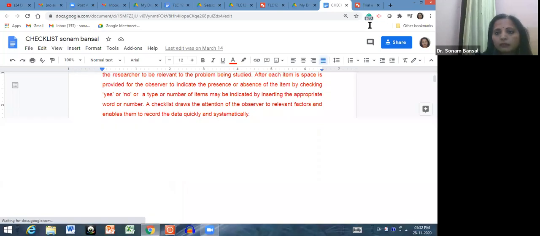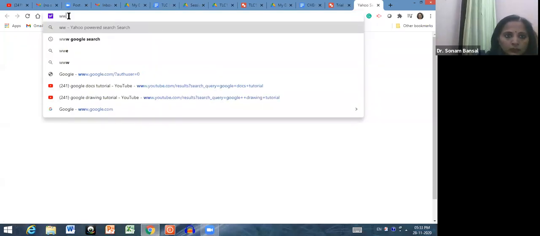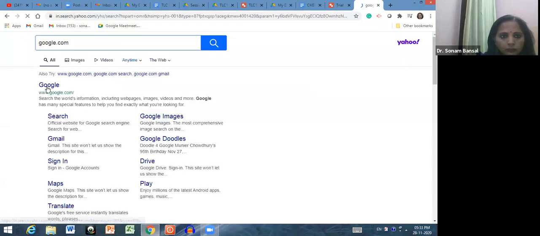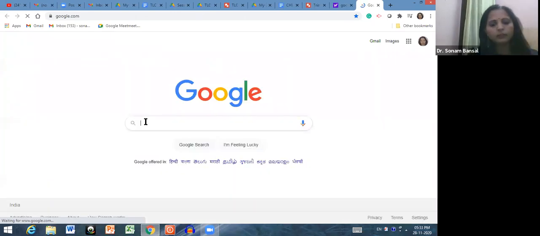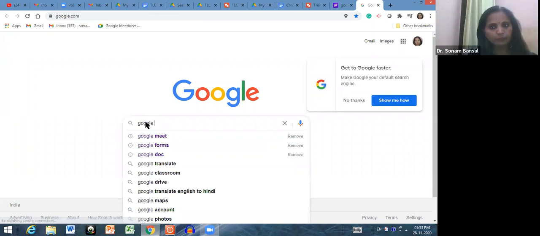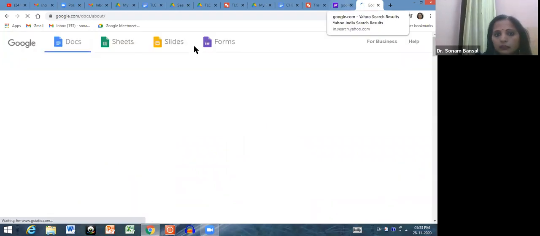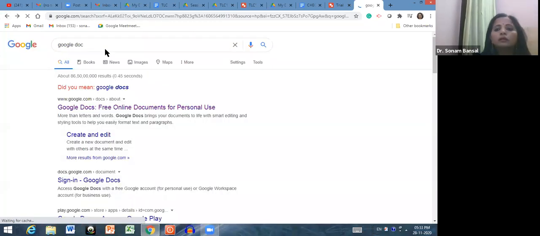For that, first of all, there are many ways to open Google Doc. You have to go to Google and you can type here directly Google Doc. That is one way. The second way is to go to your Google account.